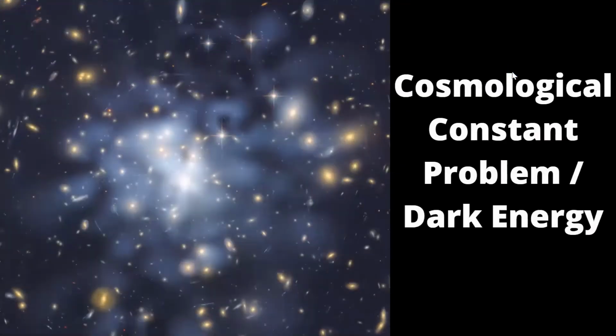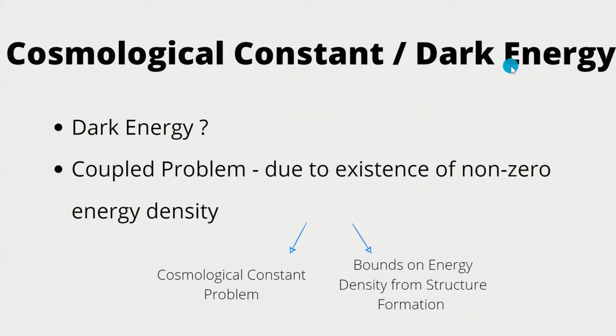I'll start with the cosmological constant problem. We can define our universe by a few cosmological parameters, one of which is dark energy. This acts as a cosmological constant and is one of the dominant components of our cosmos, as it contributes around 68% of the total energy in our present-day observable universe.